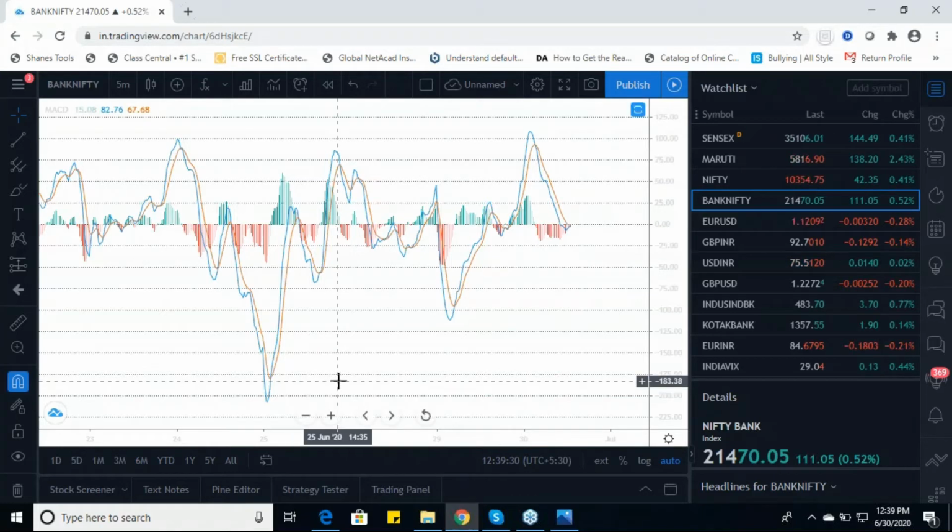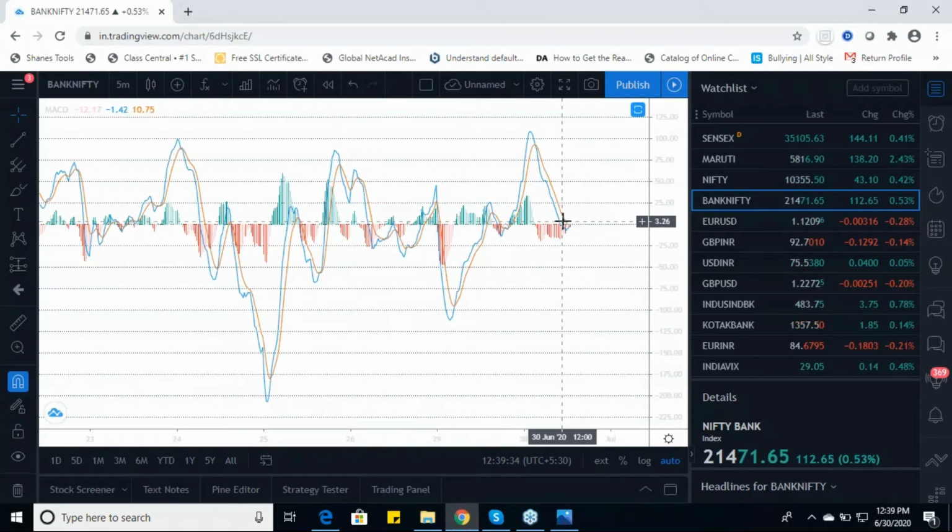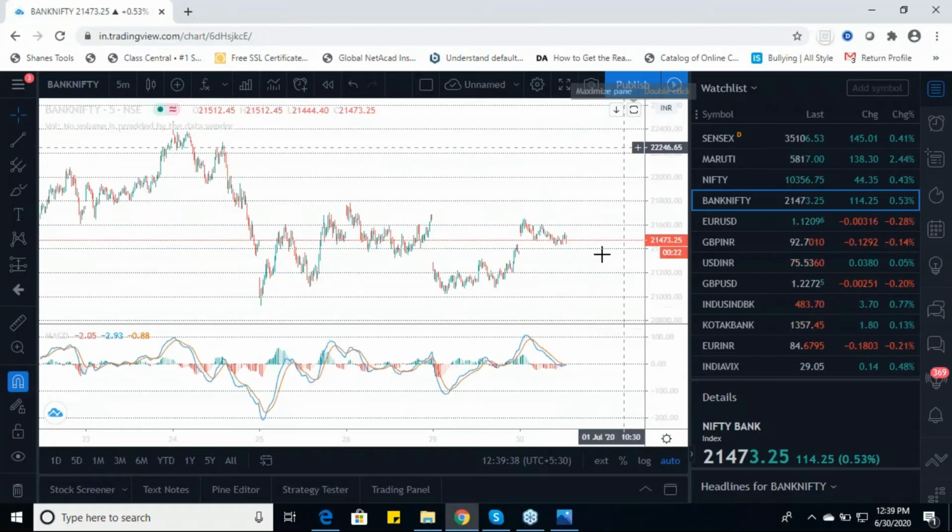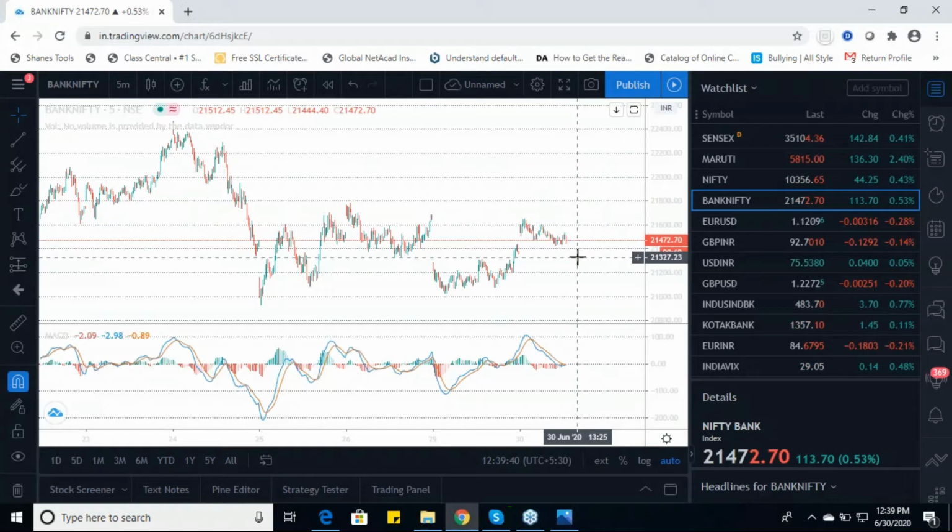That is a divergence over that thing. If the prices are increasing and the MACD is going down, that's a divergence. We can get it from the MACD. And if the prices are decreasing but the MACD is going upside, it gives a clear-cut convergence on the upside. So those are the basic assumptions of MACD.